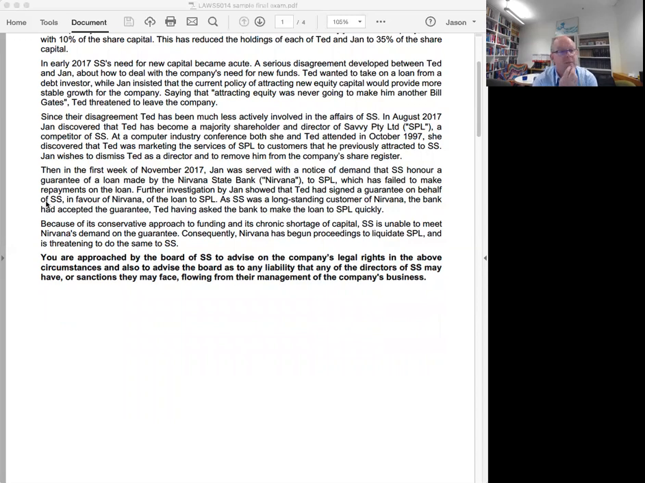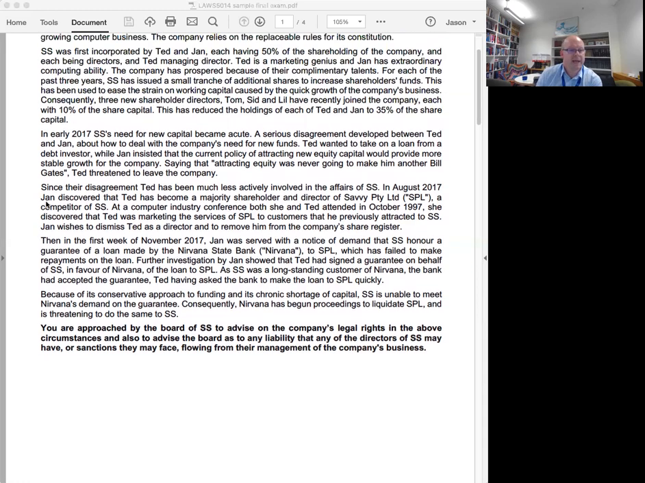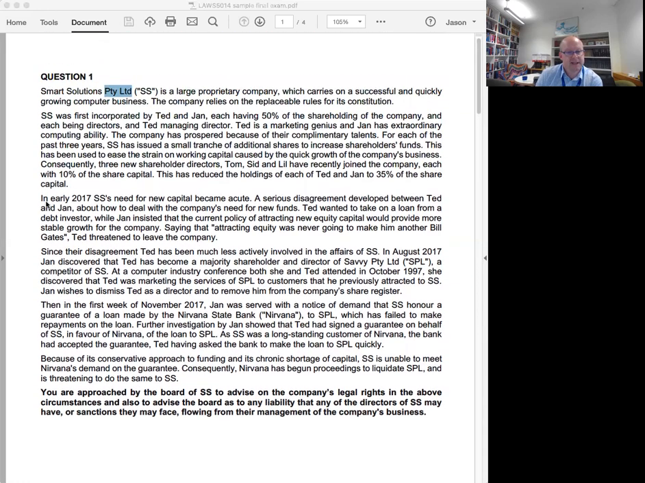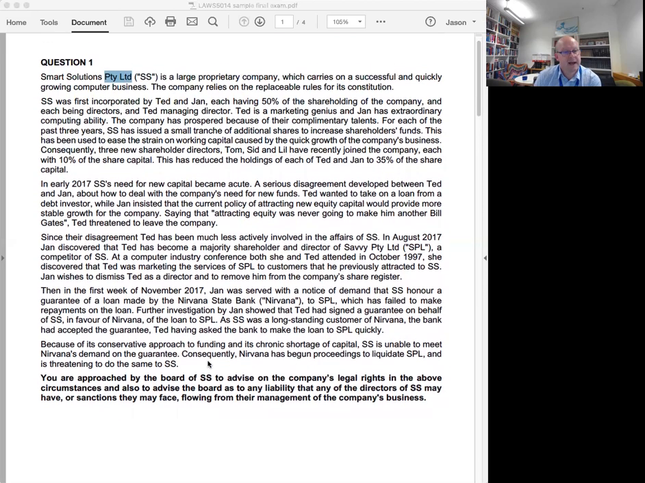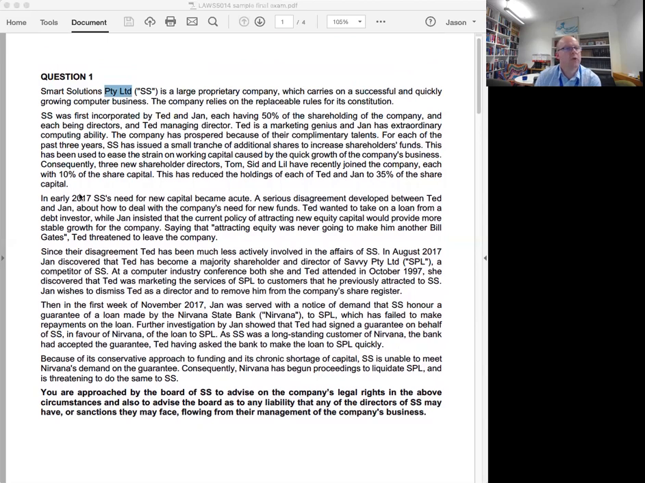So then in November, Jan was served with a notice of demand at SS on a guarantee made by Nirvana Bank to SBL, so that's Ted's company, which, and SPL's failed to make repayments on the loan. Further investigation by Jan shows that Ted has signed a guarantee on behalf of SS in favour of the bank. As SS was a long-standing customer of Nirvana, the bank had accepted the guarantee. Ted asked the bank to make the loan to SPL quickly. All right, so